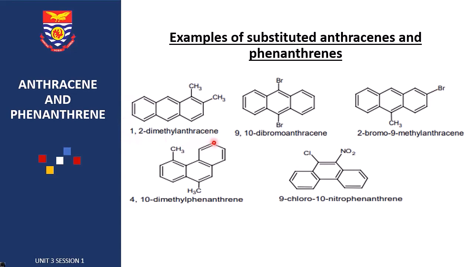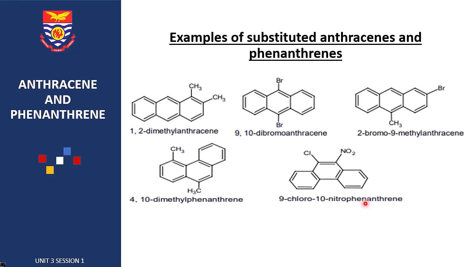This first structure is known as 1,2-dimethyl anthracene. This is also an anthracene derivative, known as 9,10-dibromo anthracene. Then you can look at some phenanthrene derivatives as well. I think we've already looked at the numbering, so numbering shouldn't be a problem. So we have 4,10-dimethyl phenanthrene. We also have 9-chloro-10-nitrophenanthrene. So please take note of how to apply the numbering in the nomenclature of